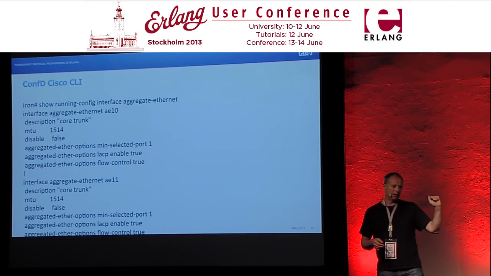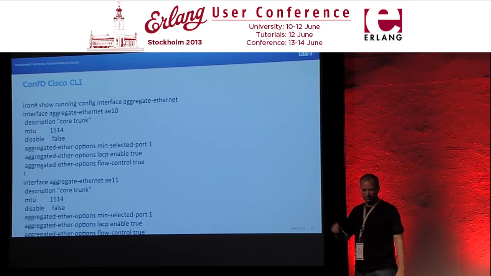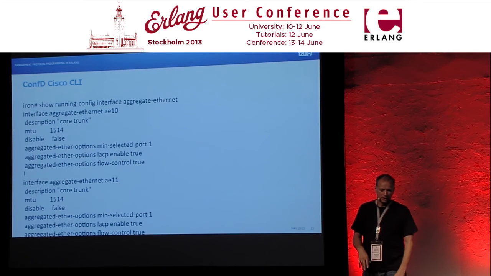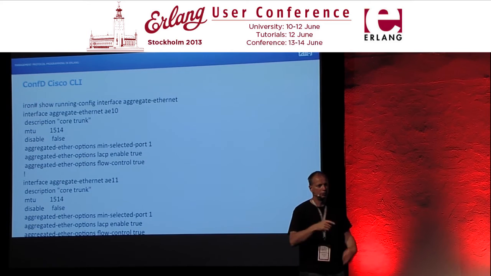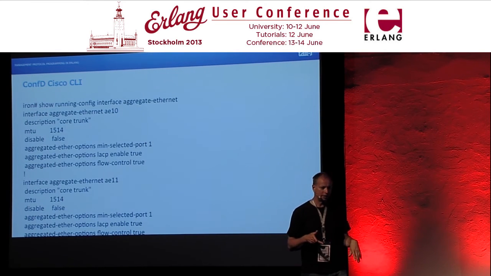So the CLI has two aspects. One is entering config. So this is config, show running config, blah, blah, blah. You can do no and set and things like that. The other aspect of the Cisco CLI is the show commands. You do show routes or show BGP or show ports, and you're getting stats back. That stats is unstructured text. And this is how the networking industry is built.